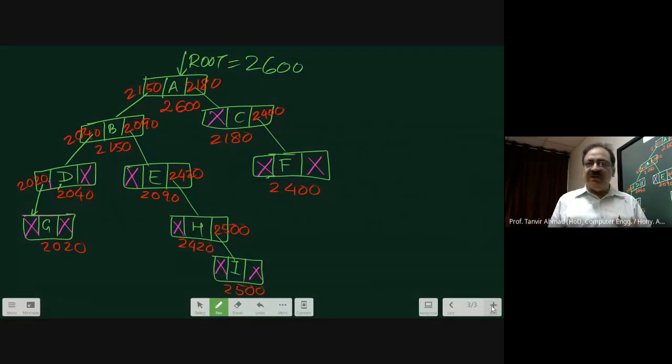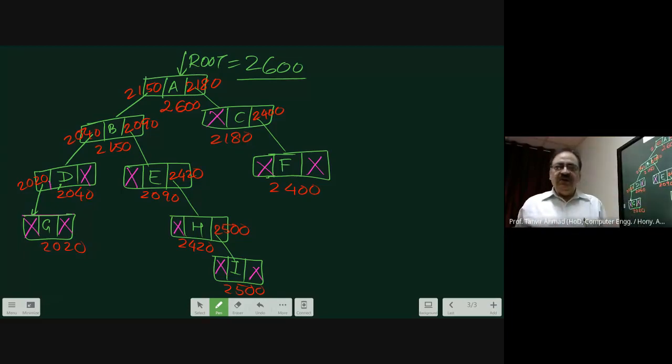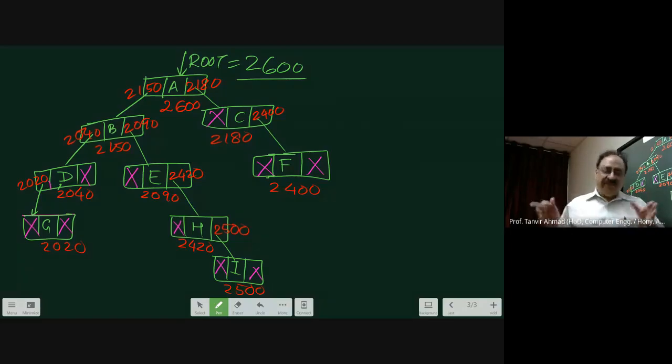Now already you know that when I am going to process any traversal, I have the address of the root, which is 2600. Now try to understand what I am trying to say. You start with root, it's 2600. You go from 2600 to the left of 2600. You find 2150.